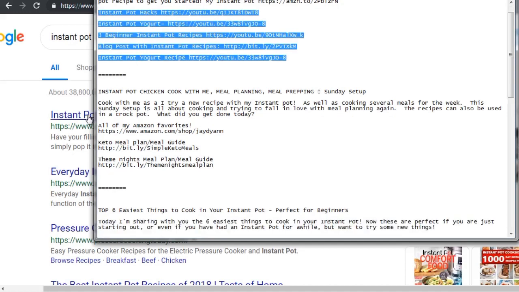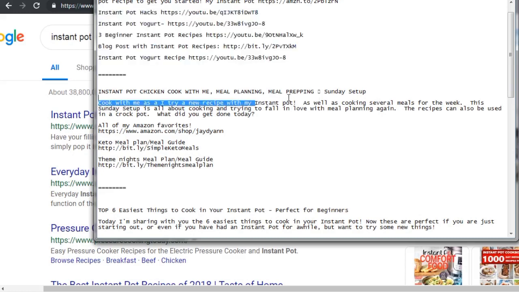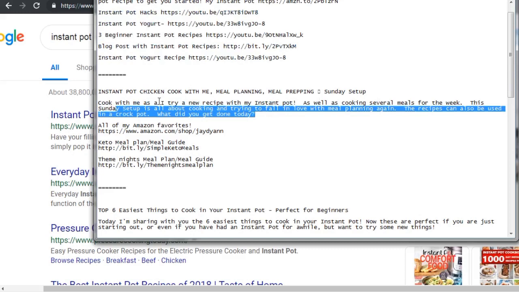So now we look down here, it says Instant Pot chicken. So this is the lady who is ranking really high on Instant Pot, but also Instant Pot chicken. So it says cook with me as I try a new recipe with my Instant Pot. So we can see the keyword Instant Pot here. And as you can see, the description is really written for the user, but it contains the keywords that are necessary. So you don't need to write something that's just a bunch of garbled information. You want to make sure that the title and the description attract people first and foremost, and then